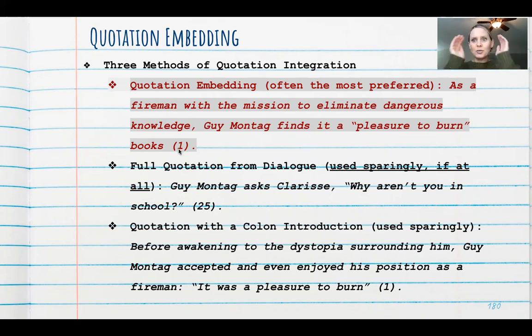MLA citations, it's really simple. You just put the page number. You don't put P period or PG period or hashtag in the number. You just put the number. If you happen to be quoting from multiple works, then you want to put the author's last name, space, and the number. But if your essay is all from one piece, we can very rightly assume that it's all from that same author, so you don't have to keep putting the author's last name.